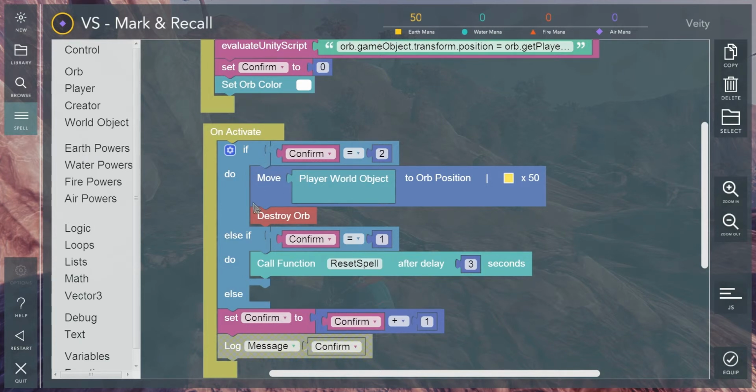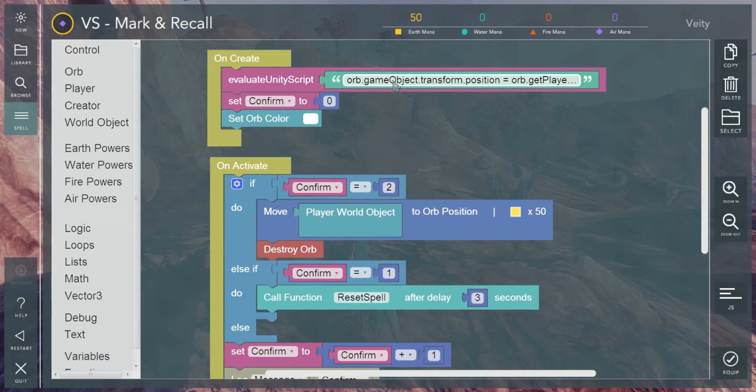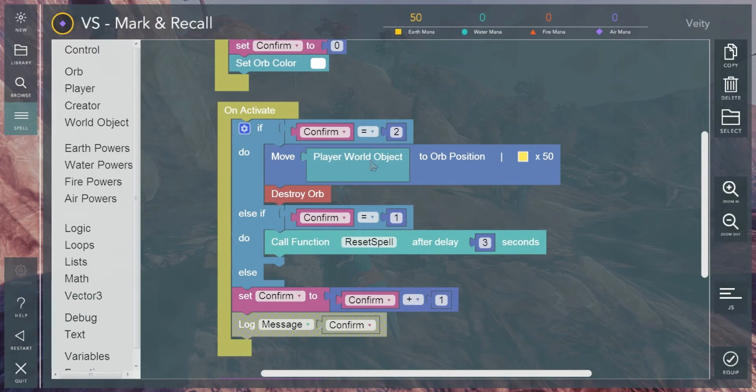So to actually explain what it does, if the confirm variable value is set to 2, remember we created this up here and it's set to 0. If the confirm value equals 2, then we want to move the player to the orb's current position. And remember, we set the orb's position to the player's position up here and the orb doesn't move by default because we haven't got any movement controls for the orb. And finally, after the player has moved to the orb's position, it destroys the orb and thus destroys this spell as well. If this condition isn't true, so if confirm equals 1, it'll call a function which is called reset spell after 3